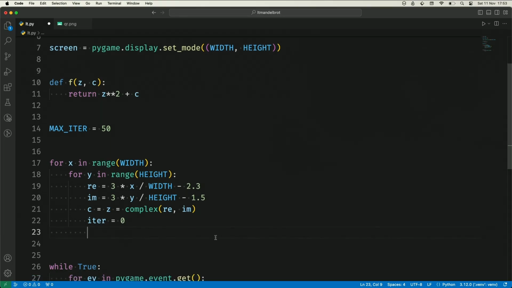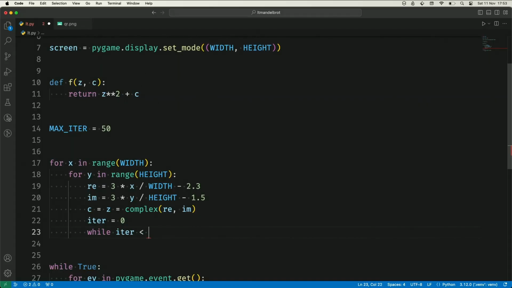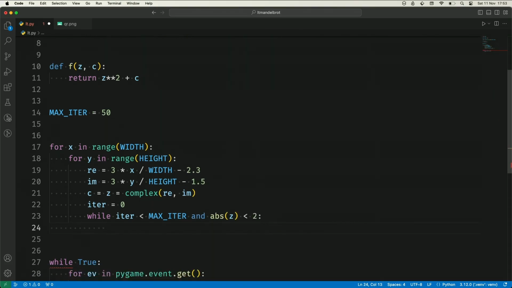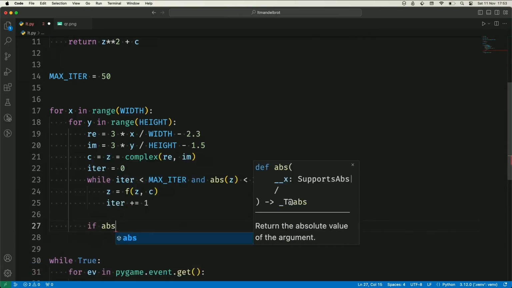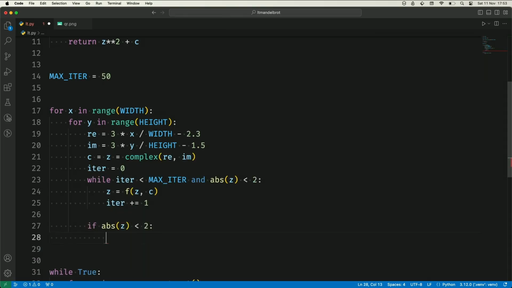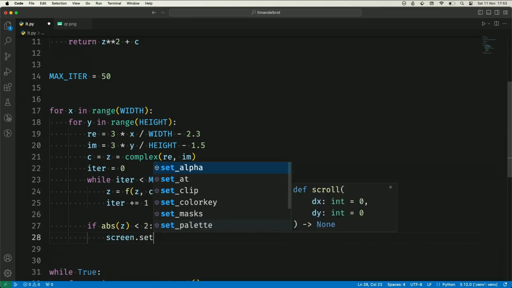So now what I'll do is, for each pixel, I'm going to call the function f a bunch of times. But not a random number of times, only while the current iteration hasn't been going for too long, and the absolute value of z is smaller than 2. And if these conditions are satisfied, I'll update z. Very innocent looking, yeah? And now when I'm done, one of two things happened: either the absolute value of z is greater than 2, or it isn't. And so I'm going to color